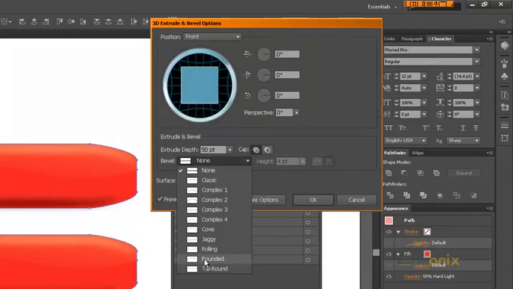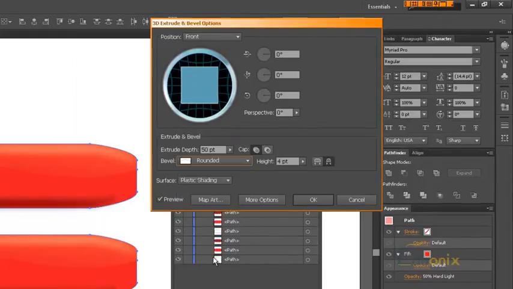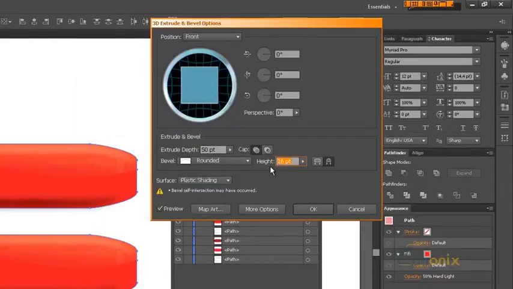Just hit front, hit rounded, cove, rolling, or classic. I wouldn't mess around with these for this. I'm going to go with rounded, and then I'm going to make a few of them cove and whatnot. Now, you'll start to get a bevel self-intersection, which can be pretty ugly. If you're getting it at 1 or 2 points, go ahead and hit cancel and make these about 4 times bigger. If you can get 5 or 6 or 7 without an intersect, and you have much less chance of an intersect with rounded or smooth ones. Rounded is actually the best than you do with like cove or something. So if you're getting a good non-intersecting rounded bevel,